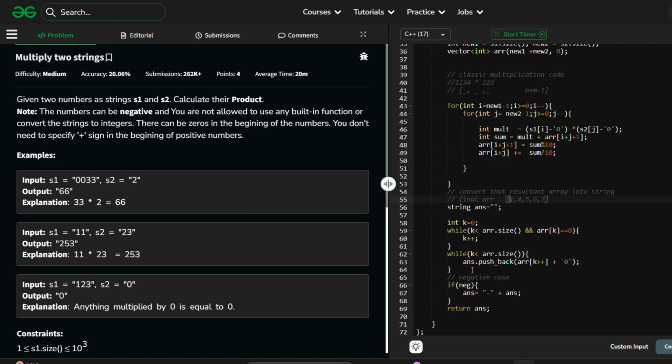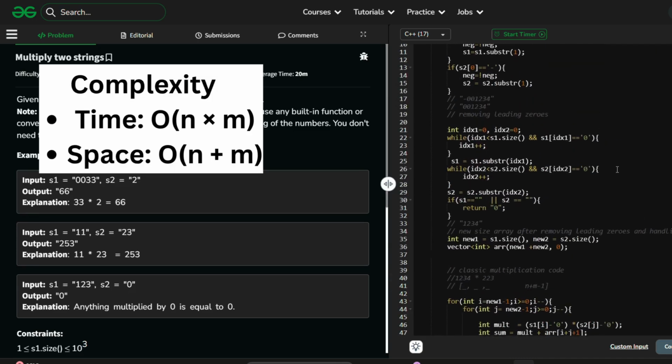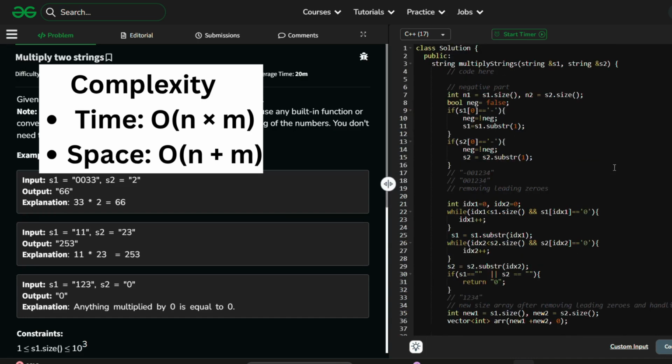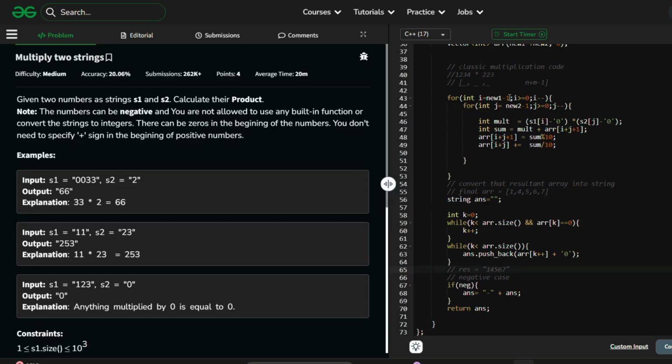So finally the resultant string would look like 1231456714567. And after that, if any of the numbers contained the negative part initially, we have to add minus in the answer first. So now the solution will be completed.